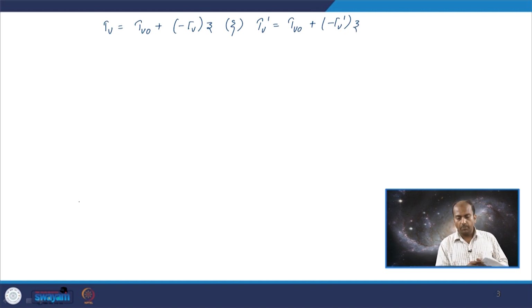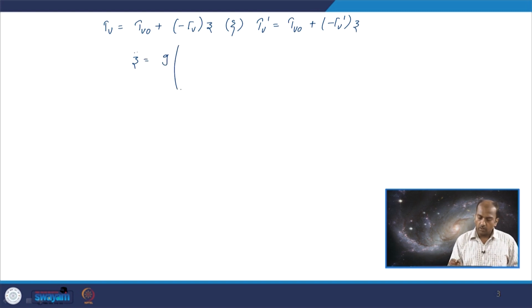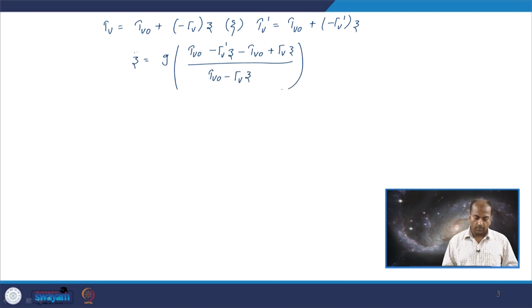Now, using the virtual temperature of the environment and the virtual temperature of the air parcel in the second order equation of motion, we can write Z double dot is equal to G times (TV0 minus gamma V prime Z minus TV0 plus gamma V Z) divided by (TV0 minus gamma V Z),